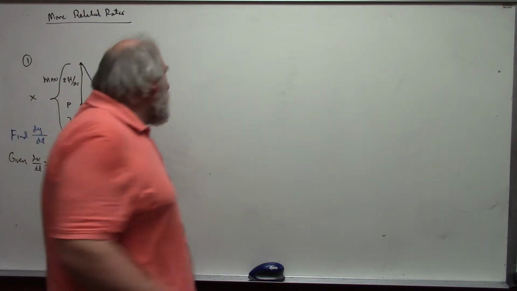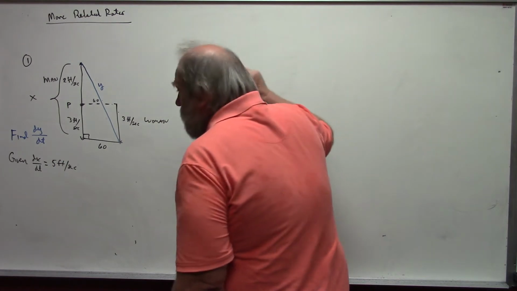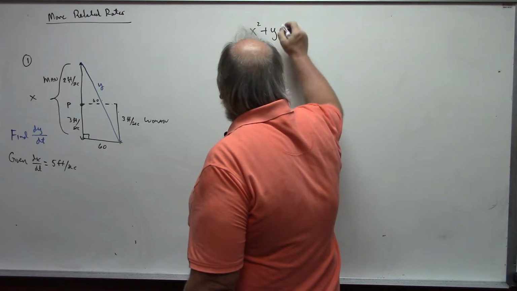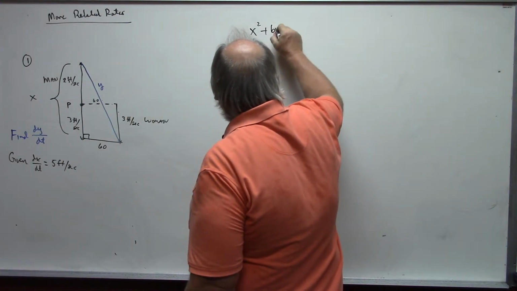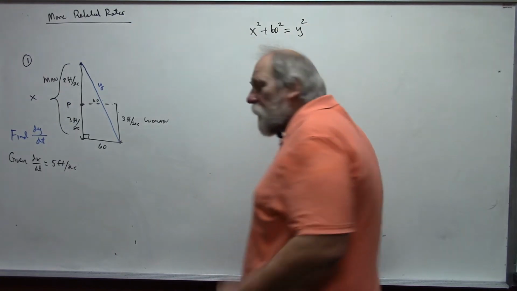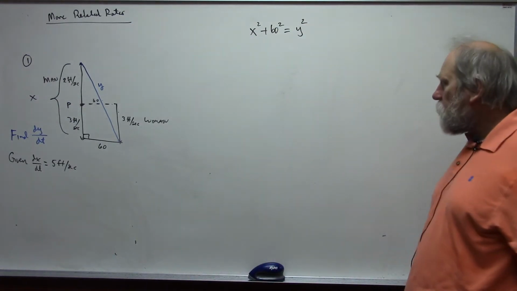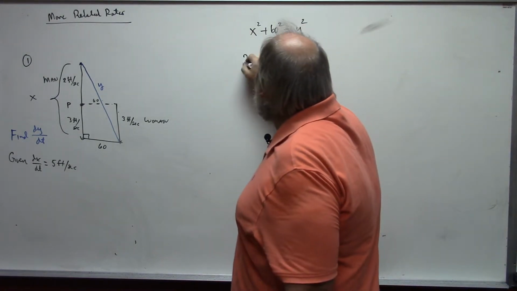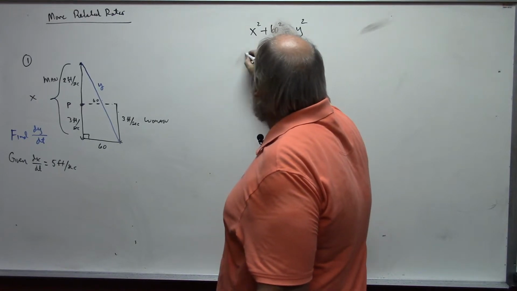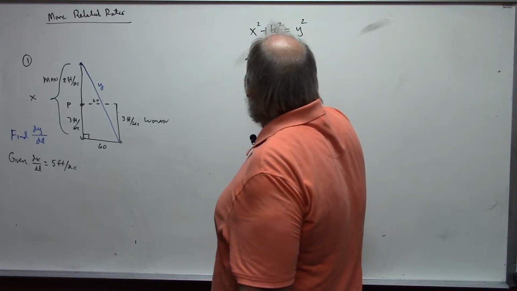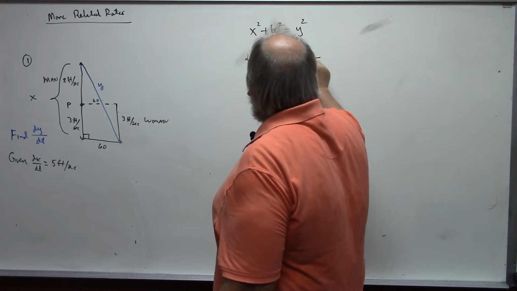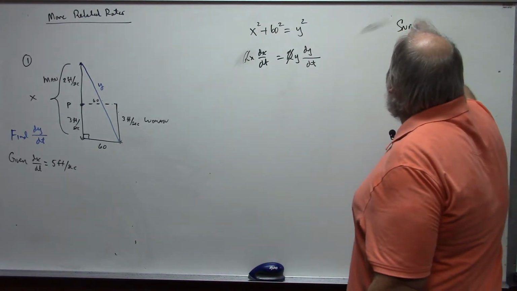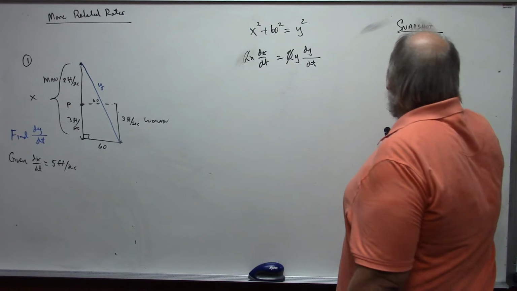And because now I have a right triangle, I have a nice formula. x squared plus 60 squared is equal to y squared. Pythagorean theorem. Taking the derivative, 2x dx/dt is equal to 2y dy/dt, and I can get rid of these 2's. And so then we can use the snapshot value. The snapshot value was